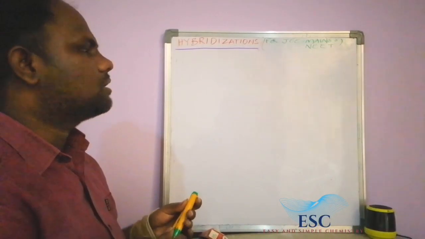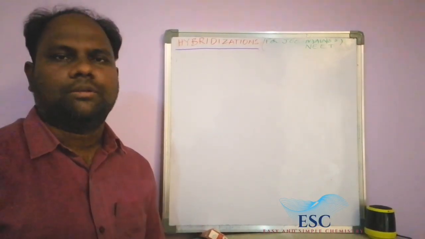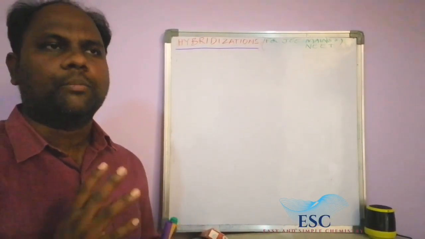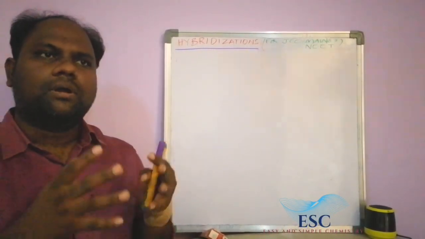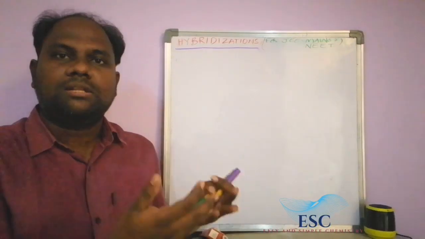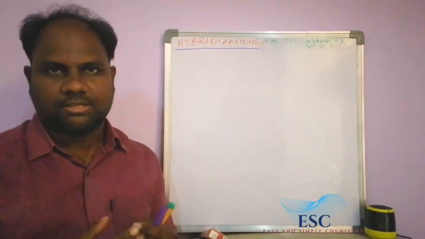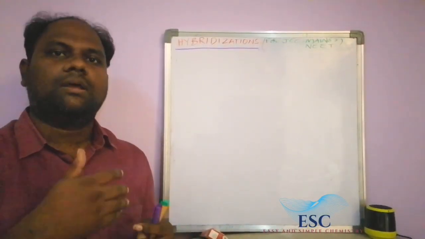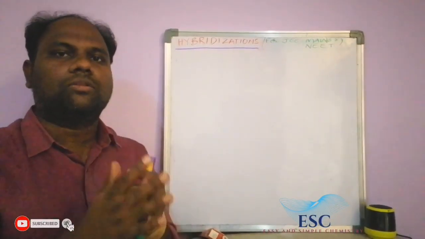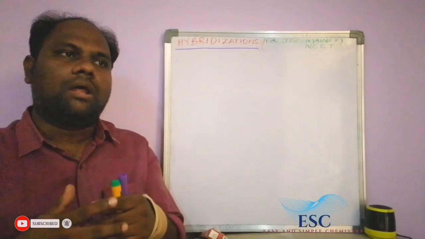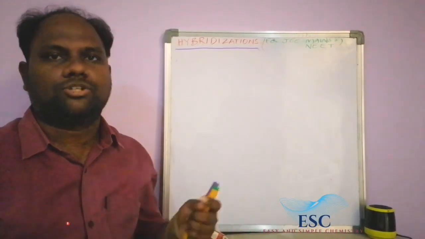Today we are discussing hybridization without VBT. VBT means valency bond theory. Actually, hybridization can be explained by using VBT, valency bond theory. But we are going completely with the shortcut method. Shortcut method means without VBT we can learn all the hybridization data.